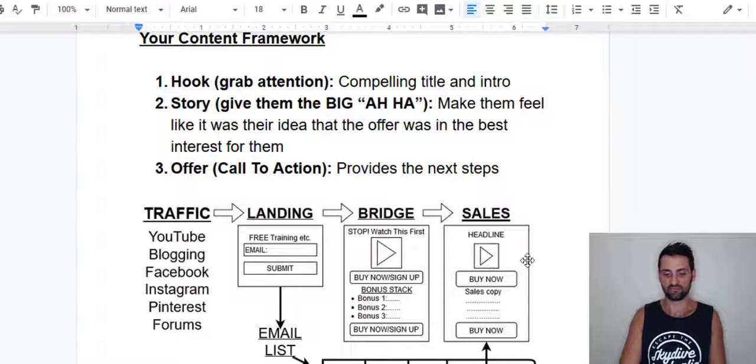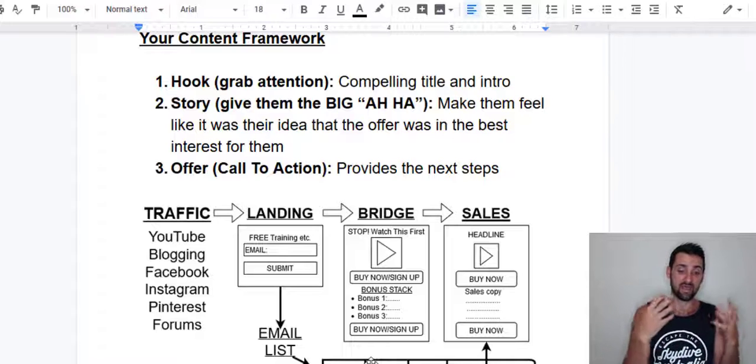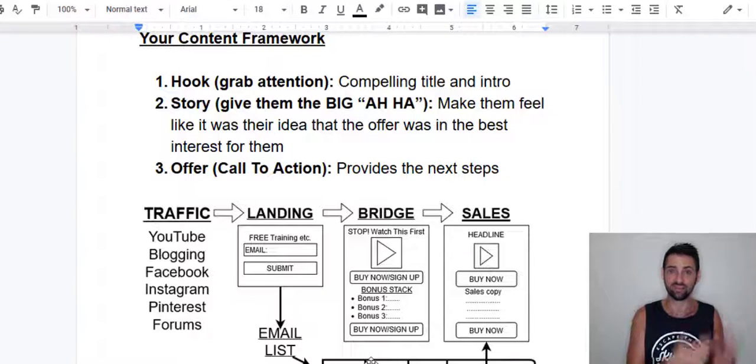And oftentimes once they hit that, they're going to bounce. But if you send them first to a landing page where you can collect their email address, maybe you would be giving away free training or something there, then not only do you collect their email address and you can follow up with them, you can continue to provide them value through putting them into an email list and then sending out an automated email sequence after that continues to indoctrinate them, continues to provide them cold content that gives them mindset shifts, that makes them believe more that they can achieve their goal, and gives them positive expectations about this product that you're promoting.